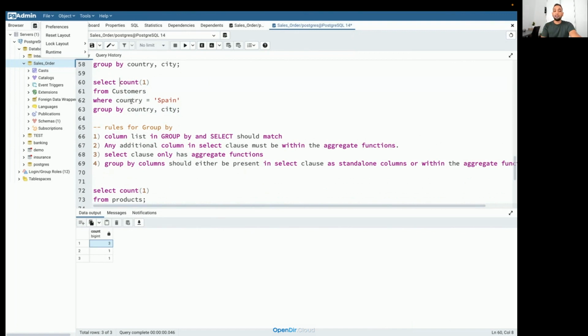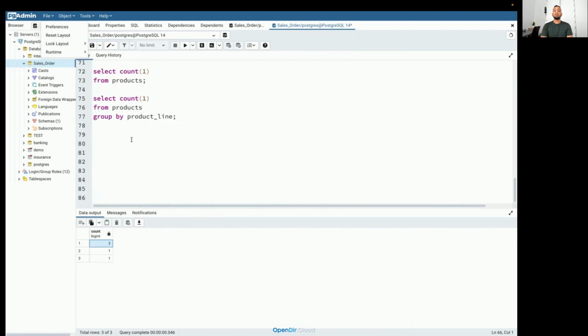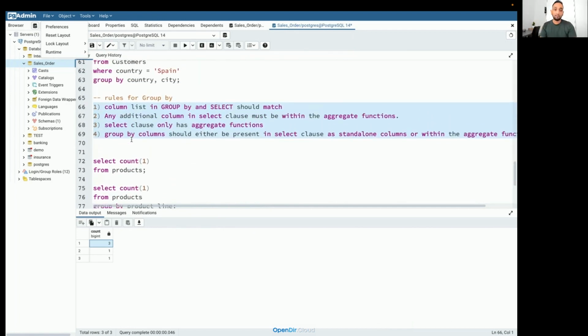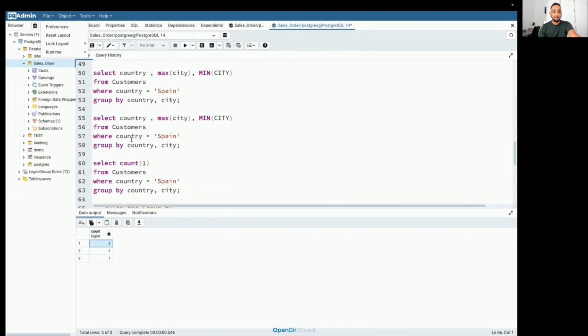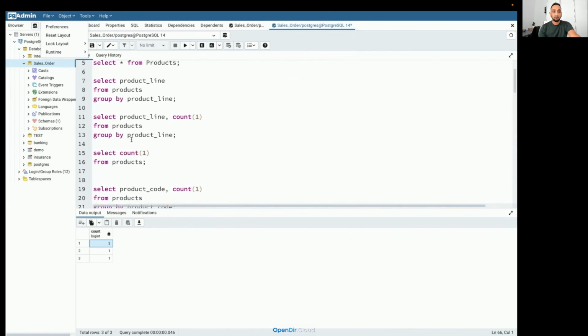I will explain the group by rules once again. I'll try to explain that once again before the end of the class. But before that, I also want to explain one more concept which comes hand in hand with group by, and I want an example for that. So for example,